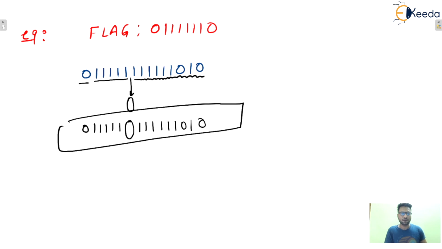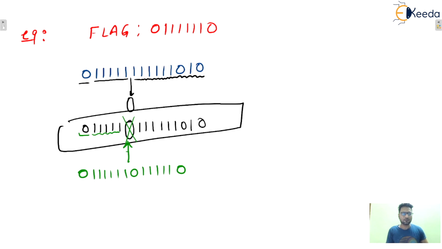This will be transmitted, and what will the receiver see? The receiver sees 0 followed by 5 ones. So after that there will be a bit that is stuffed by the sender, so it will remove this one, because the rule is the same. This data is not matching any flag, but the rule is the same everywhere. If this is the flag, then after 0 followed by 5 ones, one 0 bit will be stuffed. Let's say the data is like that, 0 1 1 1 1 1 0, then 0 1 1 1 1 1, then 0. So the rule is the same.